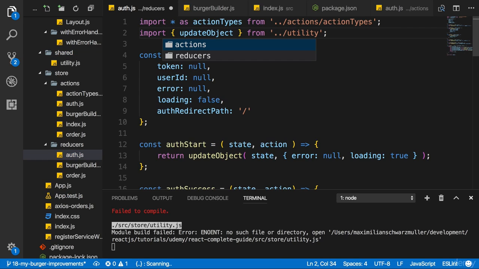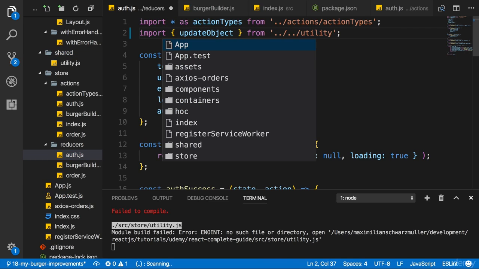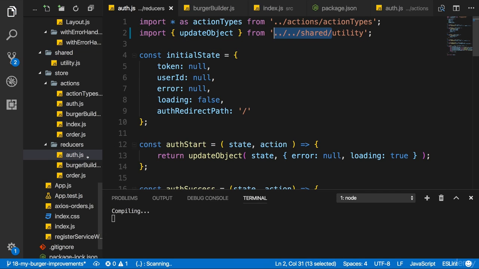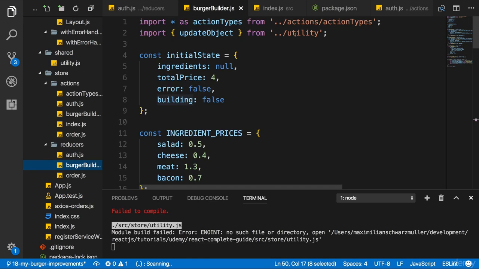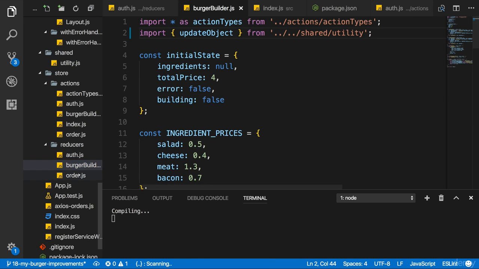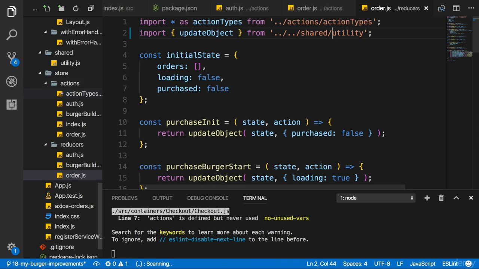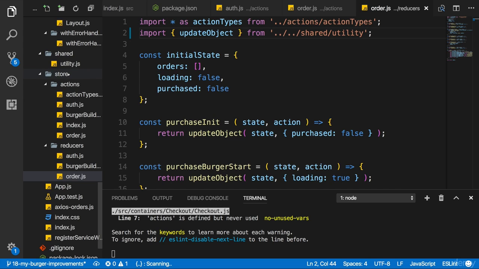Now it's imported from one level up, an additional level up, then the shared folder, and then the utility file. So this adjusted import path has to go into all my reducers so that the application then works again. With that, it's now placed in a path where it makes sense, because now we can access it from anywhere in the application without the path looking strange, because why would a general utility be placed in the store folder?